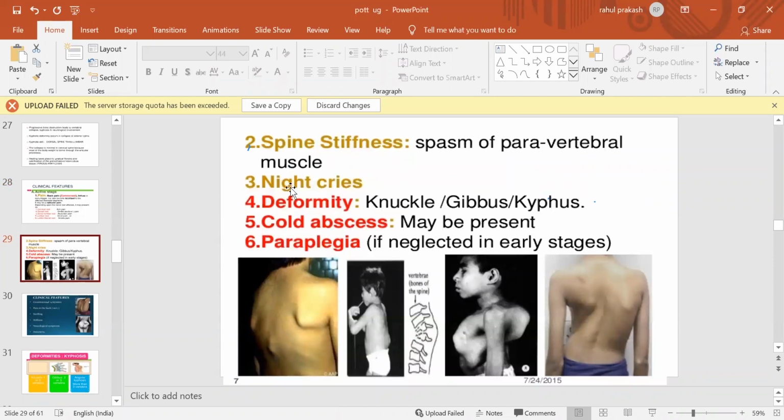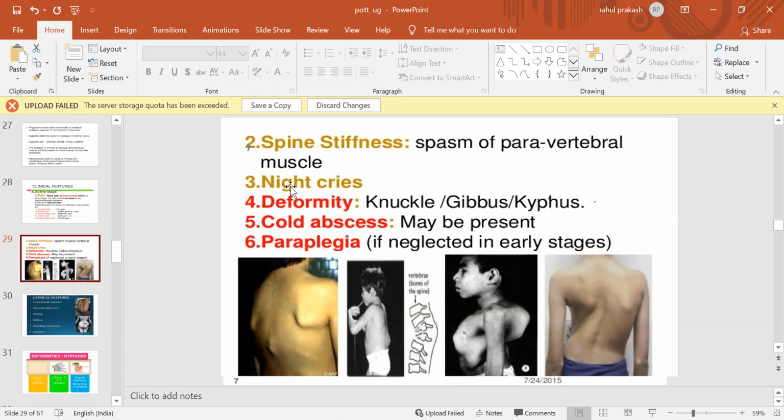Okay. Then what is night cries? It is a characteristic feature of tuberculous spine. What happens in daytime? Your muscles are in action, so they mask the pain. Because your muscles are active, the pain is reduced in the morning time. Whenever you go to sleep, your muscles relax, and once your muscles relax, your spine goes totally unstable. In the morning when your muscles are acting, your spine becomes stable because of the muscular action. Once at night your muscles relax, your spine becomes totally unstable,